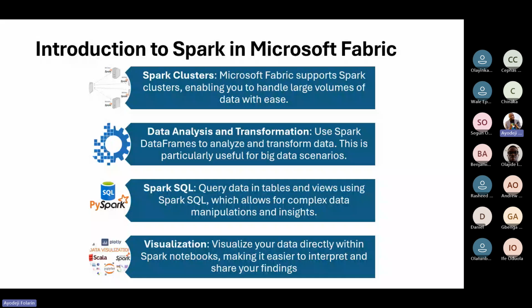So we want to look at introduction to Spark in Microsoft Fabric. Now, when we talk about Spark, why is Spark so important? Why is everybody talking about it? By the time you really want to deal with big data, I bet you cannot run away from an engine well customized, optimized to manage data engineering, data analysis, data science, as far as big data is concerned.